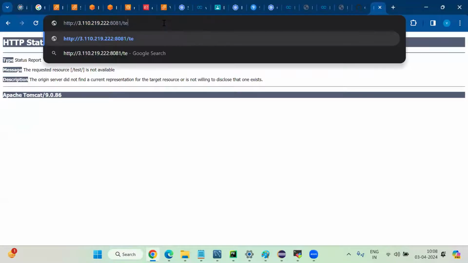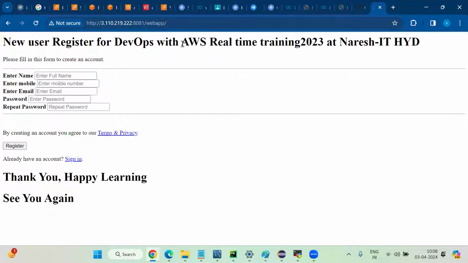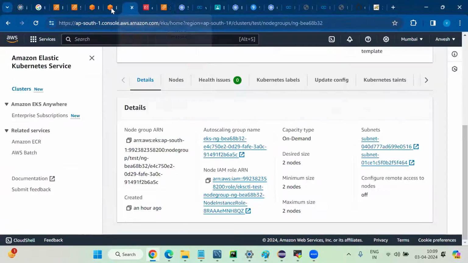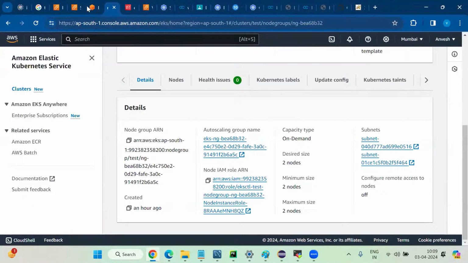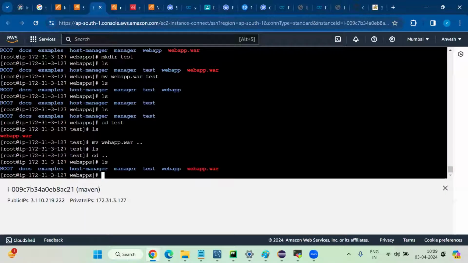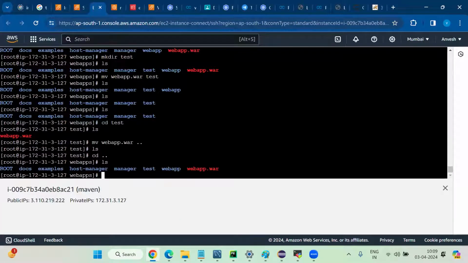Web app. It is working, right? So what I can do now, we move to test, go to test. See, now I'm in the web app, right? So what I can do now, okay. So what I'm going to do now, under web apps, it is taking this path only, right? Web app path. So what I'm going to do now here, in the web app, I'm going to create